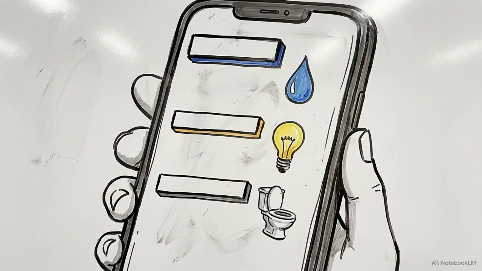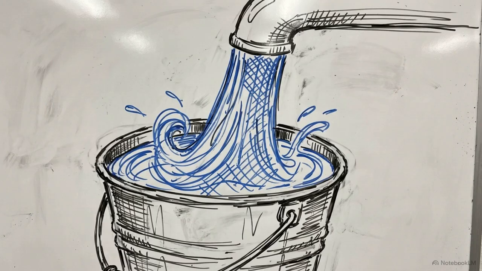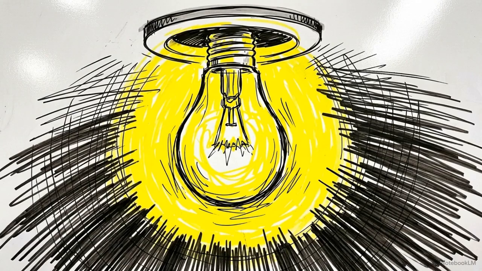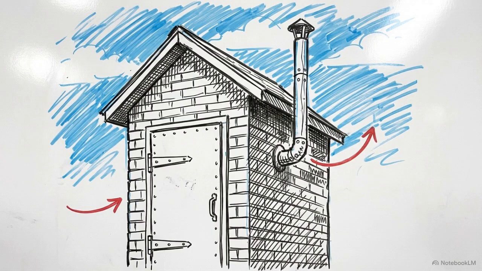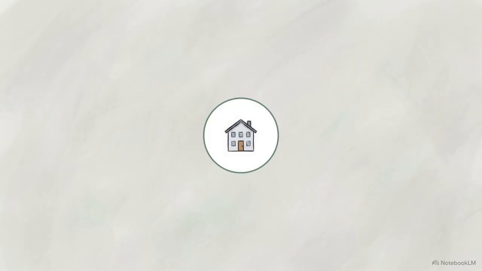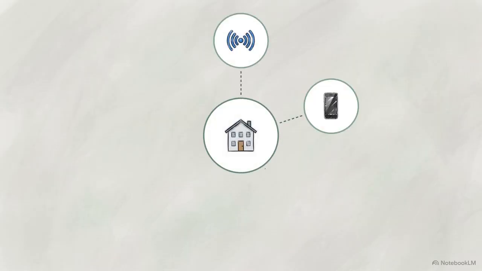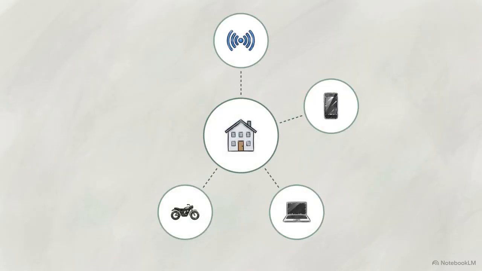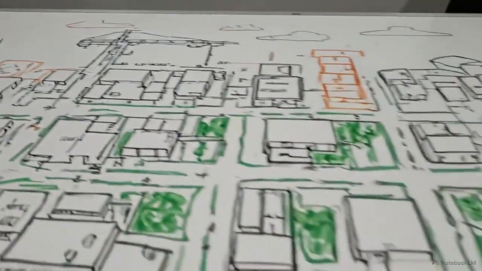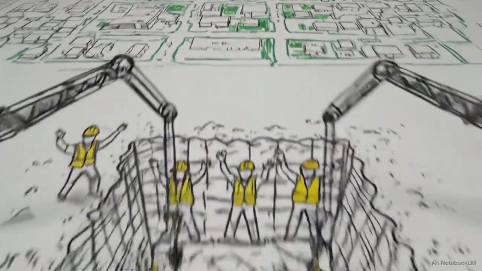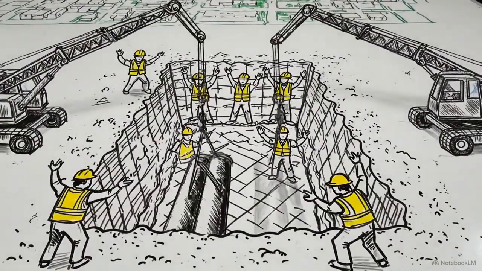Move down the list to record the household's utilities. Note the primary drinking water source, the main source of lighting, and the type of sanitation access available to the residents. Log the specific assets present in the home, such as internet availability, smartphones, computers, and vehicles like motorcycles or cars. Conclude this phase by inputting the direct mobile number of the head of household. Capturing these exact details allows the government to map local infrastructure gaps and allocate resources directly where they are needed most.